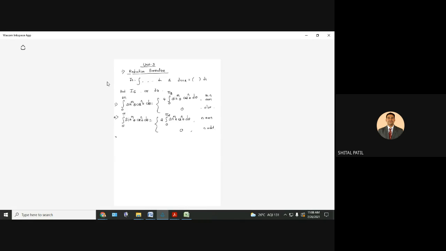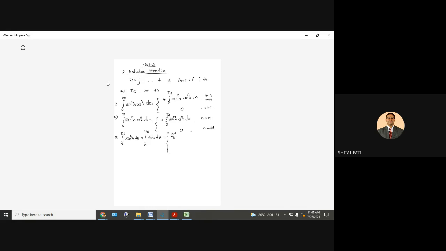Okay. Then formula number 3. So by above 2 formulas, we converted the integral into 0 to pi by 2 form. Okay. Now we want to solve the 0 to pi by 2 integral. This is always equal to 0 to pi by 2 cos raised to n theta. So in other words, the formula for cos raised to n theta and sin raised to n theta from 0 to pi by 2 is same, and it is like this. Start from the denominator